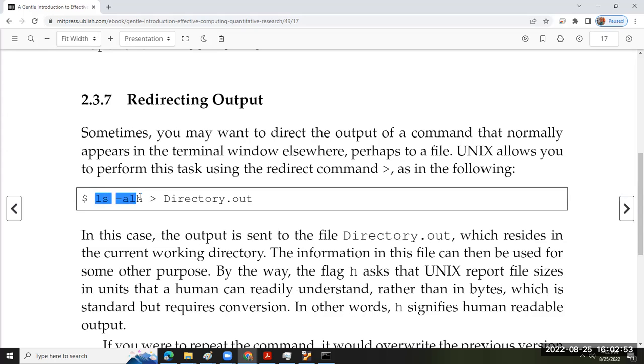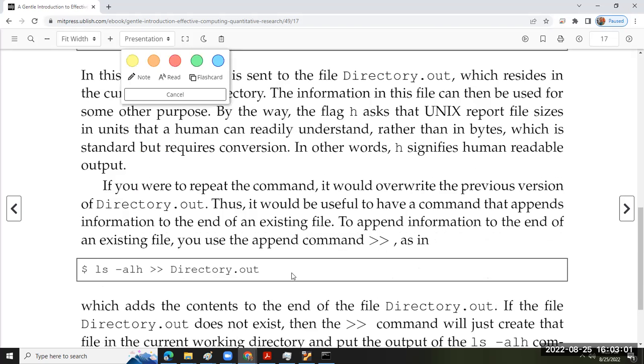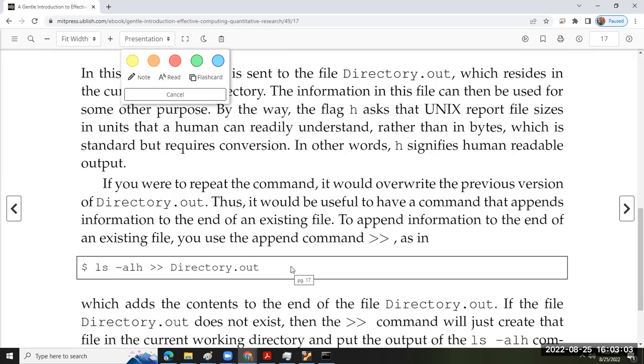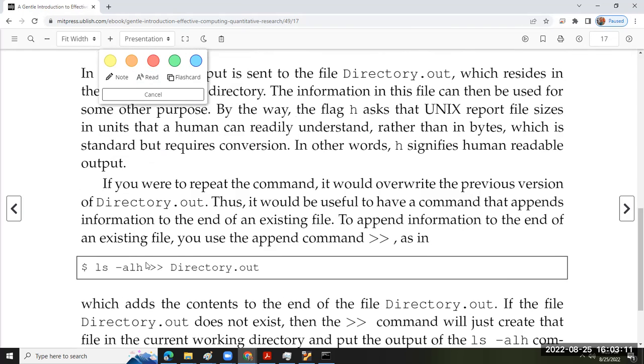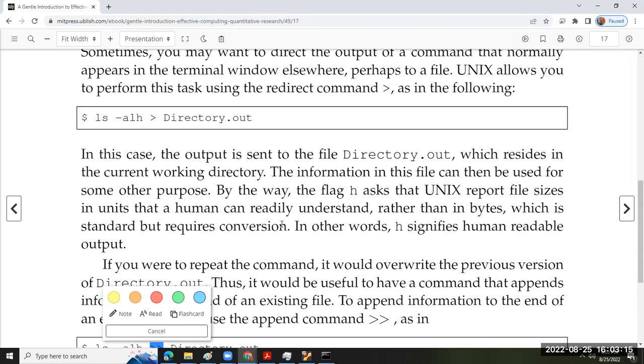Okay. Very simple, straightforward. We're going to do a lot of this. You need to read this and know this because in the next section, you're going to be doing a lot of it. And I want you to have a background for it. There's a very big difference between a redirect and a redirect that overwrites, right? So one of these